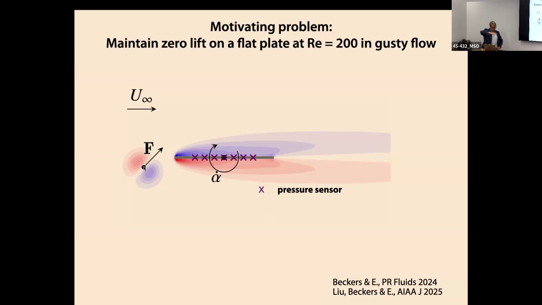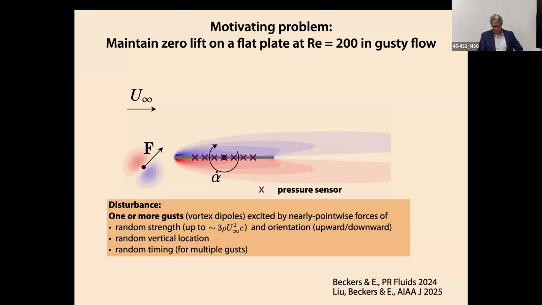And the goal is to basically make the lift as close to zero as possible, okay? A very simple control objective, not necessarily one that we would need to do practically, but it's a very simple one to start with. And it reveals a lot of information about what we can do. So the idea is we have these sensors on the wing, and that's all we have available to us to tell us about what this gust is doing, okay? So all the signatures of that gust are in there, okay?